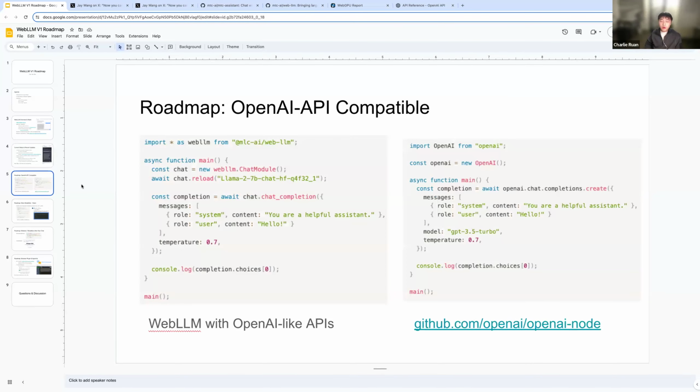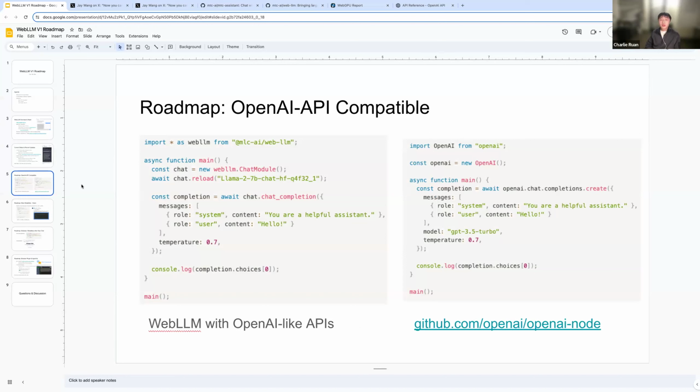And in order to support more features, we think it's important to develop a consistent line of APIs. And as the OpenAI API has been more and more popular and adopted by different inference platforms, we think it might be a good idea to support